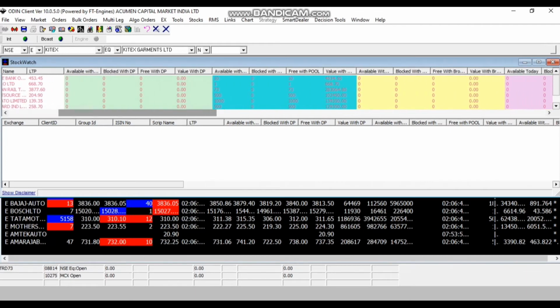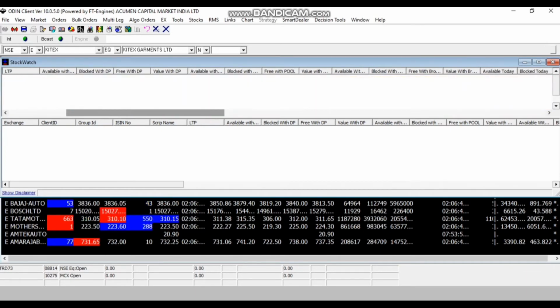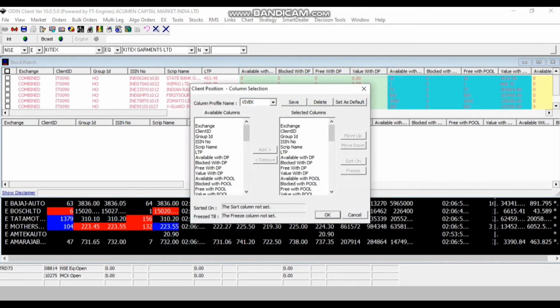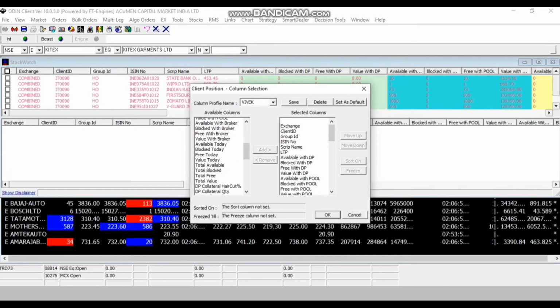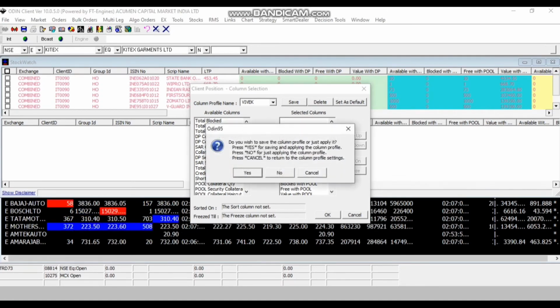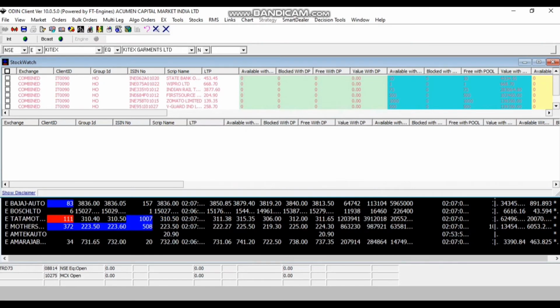That was a disadvantage with Nest, but in Odin you get the actual price at which you bought. In the same way as I told you, you can create a column profile for this also by right clicking, selecting column profile, selecting whatever columns you want, giving a name and saving it. Once you save it, close it, open it again and give save column profile so that the window opens exactly the way you wanted it.